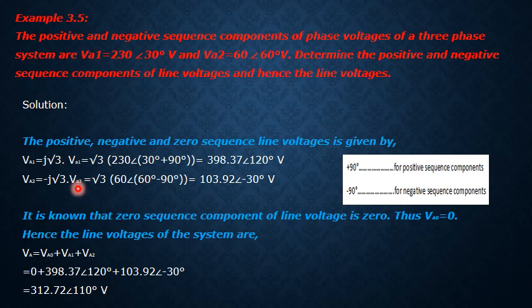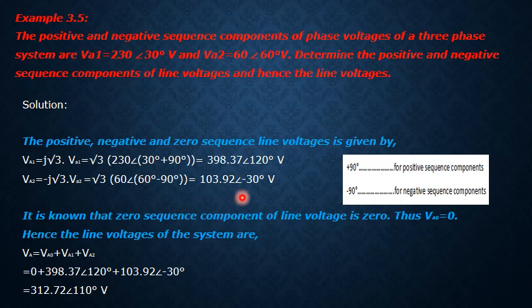As in case of a negative sequence component, how much is the angle we are having? It is lagging by an angle 90 degrees, right? So for that reason, wherever the lag comes, we are going to use minus sign. So minus 90 degrees. So 60 at an angle 60 degrees minus 90 degrees. If you simplify it, the value of the line voltage for negative sequence component, you are going to get this much.